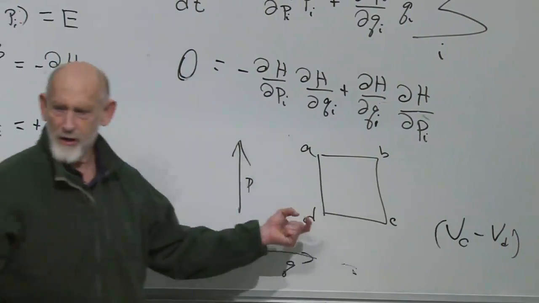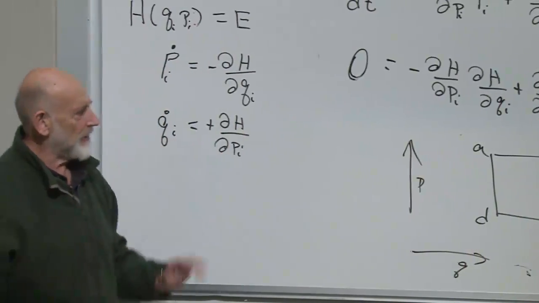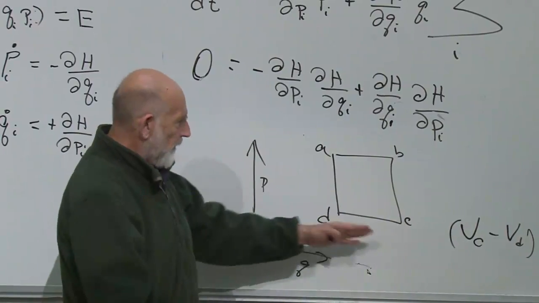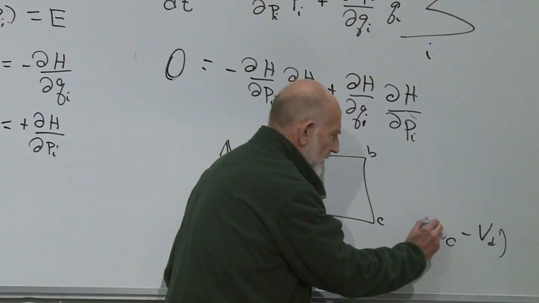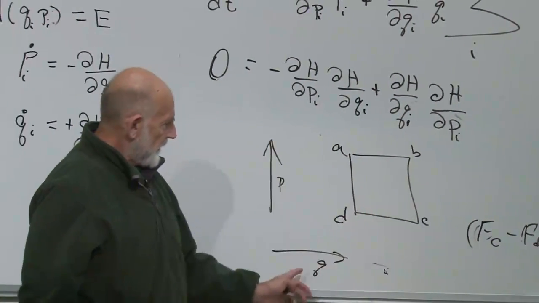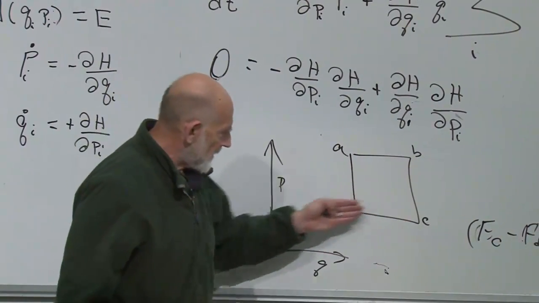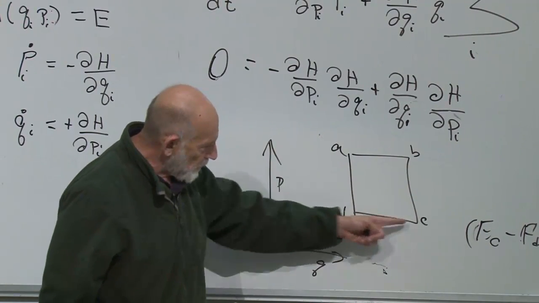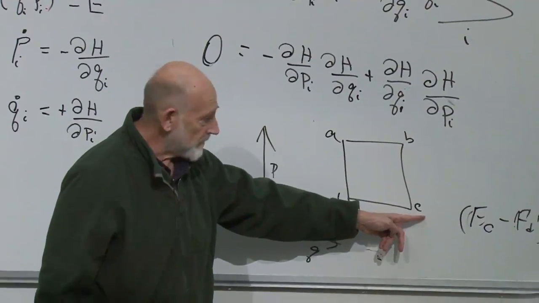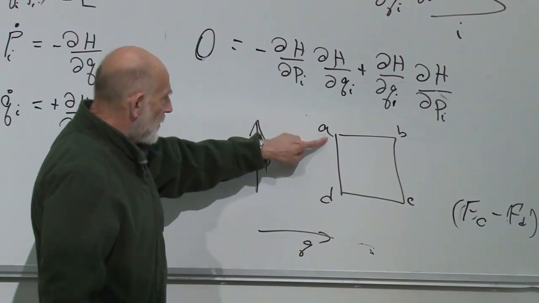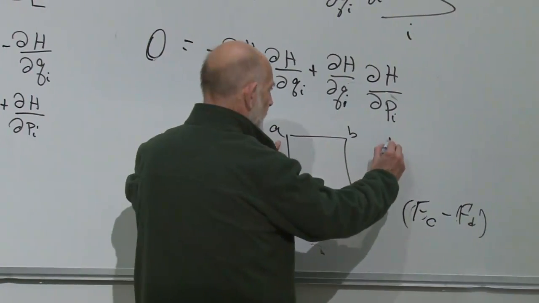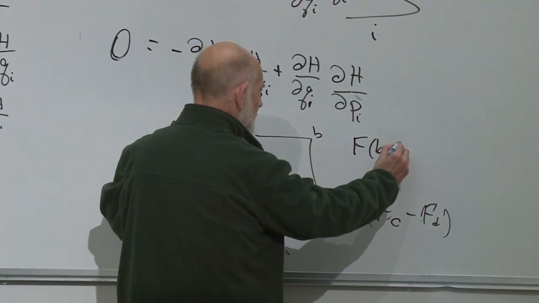We should put a little epsilon in the denominator, but basically the derivative of some function, whatever function it happens to be. The derivative of a function with respect to Q is just the derivative as you move along the Q axis. Now, what's the derivative with respect to Q up here? That's f of B minus f of A.